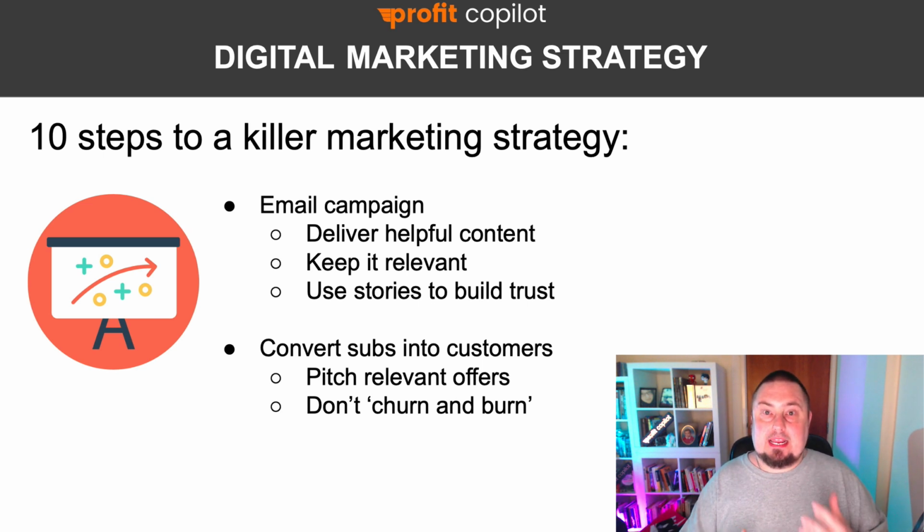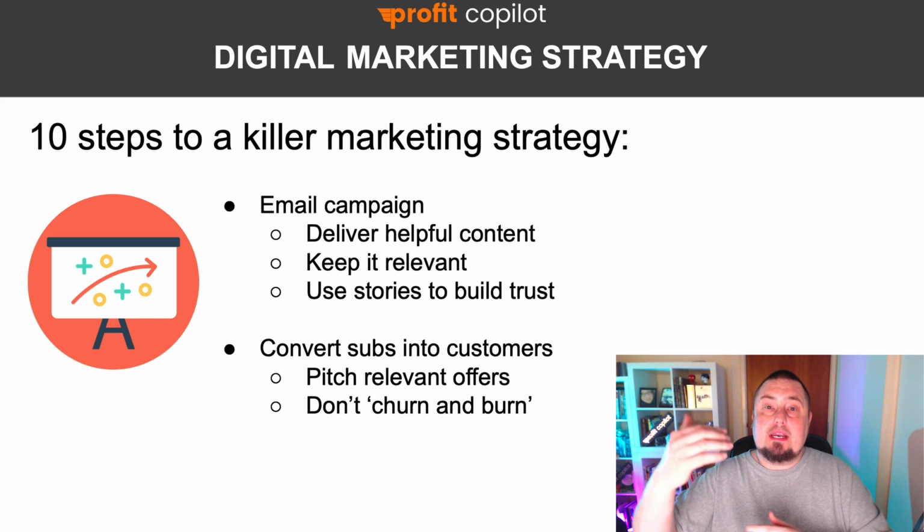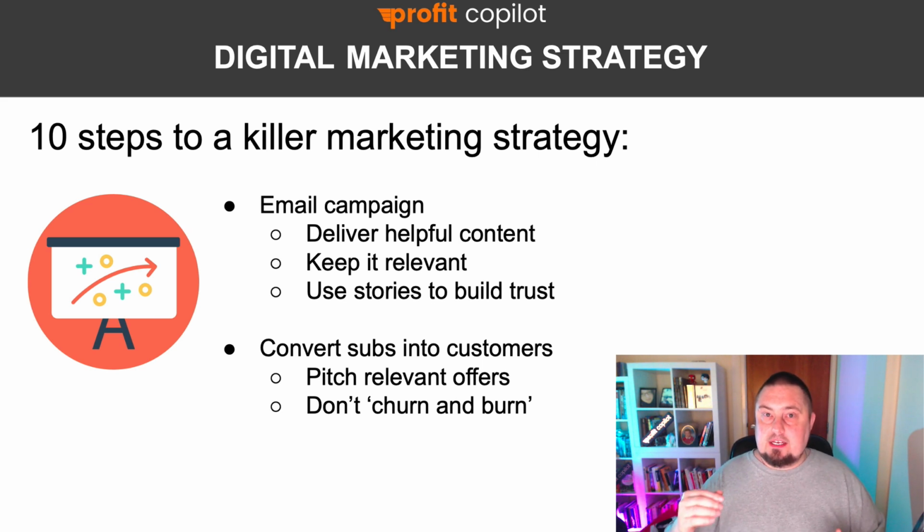What happens if I do it again tomorrow? And then they do it tomorrow. And then they make more money. And then they do it again and again. And what happens is the goodwill that they've amassed starts to decline. And so does the profit they make. It starts to decline over time. And that is because they are churning and burning the email list. They're squeezing it for everything they can too quickly. You've got to think of it like milking a cow in a way. So you don't take everything all at once. You take a little bit and then you leave it and then you go back, take a bit more.